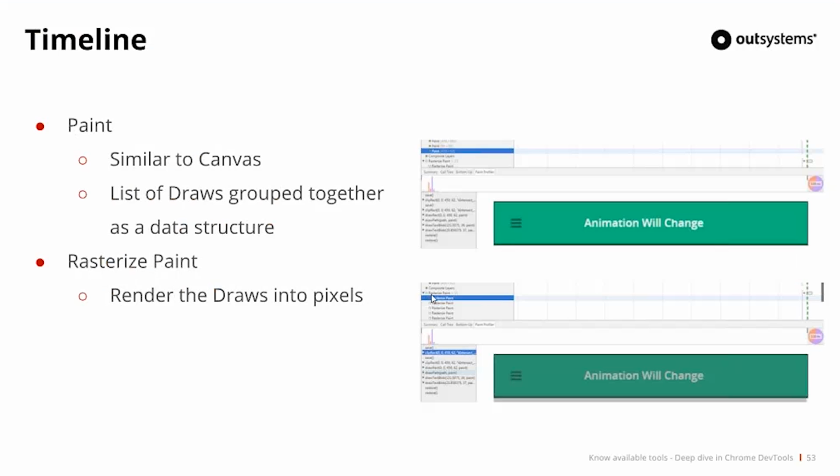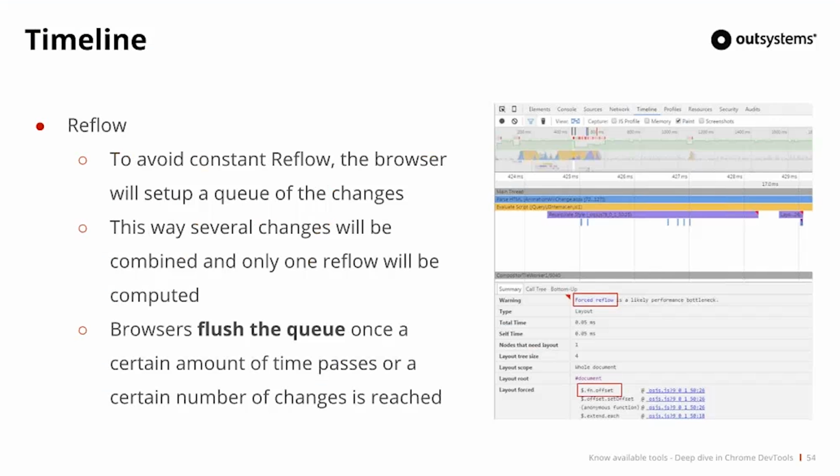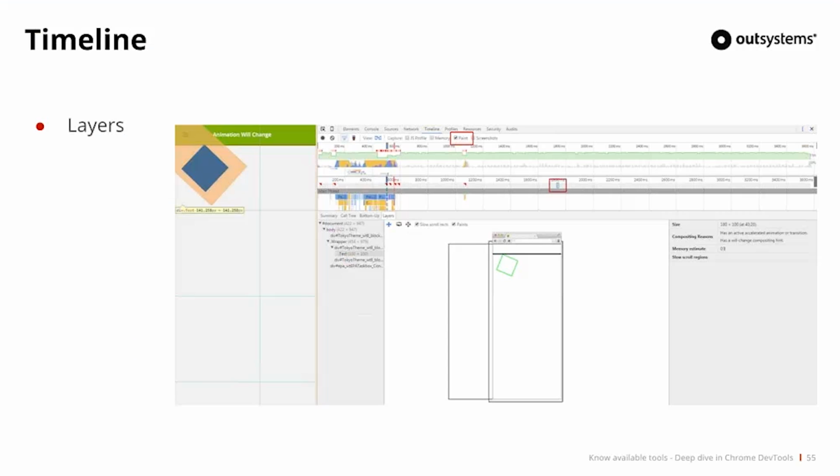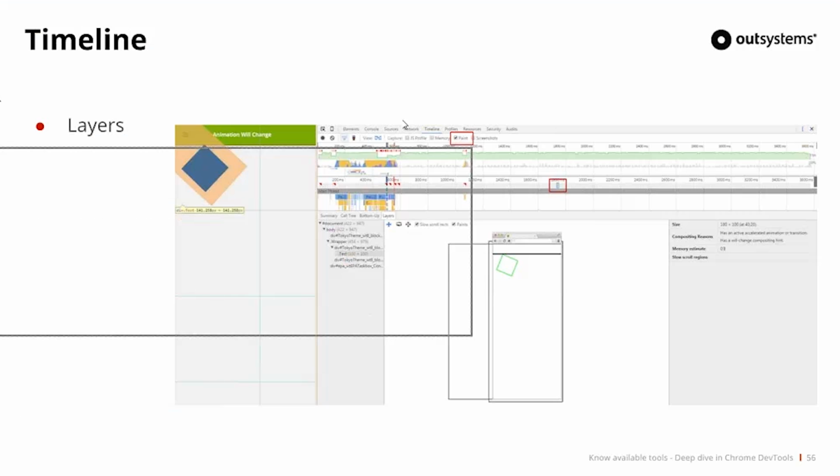the one with the green stroke around, which is the reference page. The first one will be a data structure of the elements, and the next one will be when to render into the browser. So it will actually be the paint process. We will have the reflow, so you need to go there to see what you can do better in that function, that particular point. And we also have the layers that you can see,